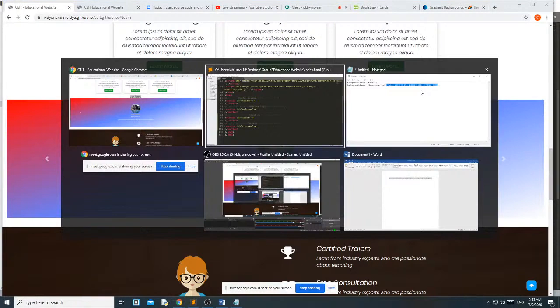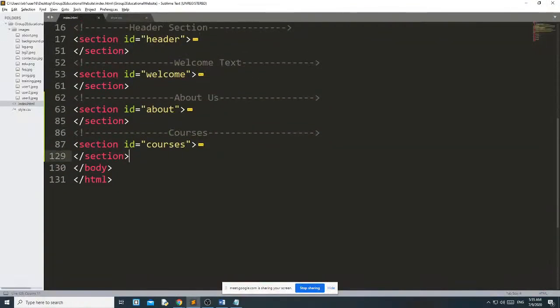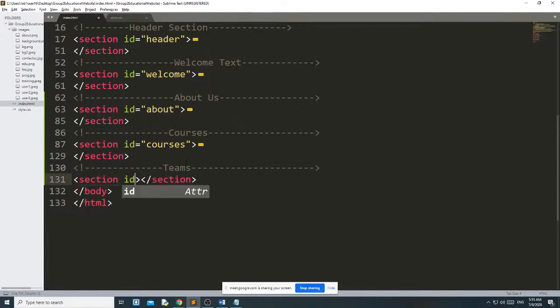To make a section, first here, teams, okay, section id equal to teams. Okay, this section we have created.